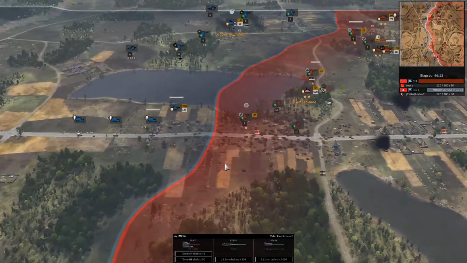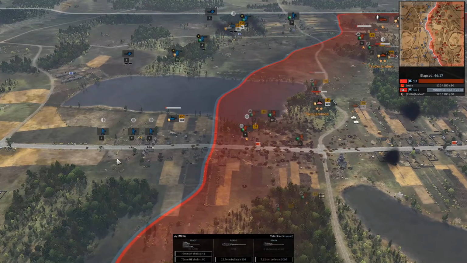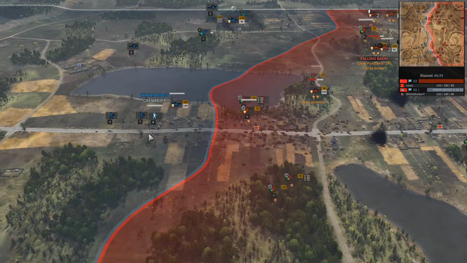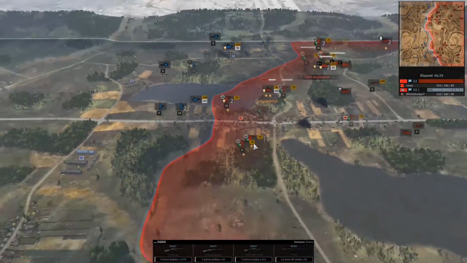So Amber T's infantry that he ordered earlier is now coming into the city, unloading early to ensure it doesn't get taken out by the Kazaki's PTRDs, and good decisions there, good decisions. The Kazaki moving forwards and